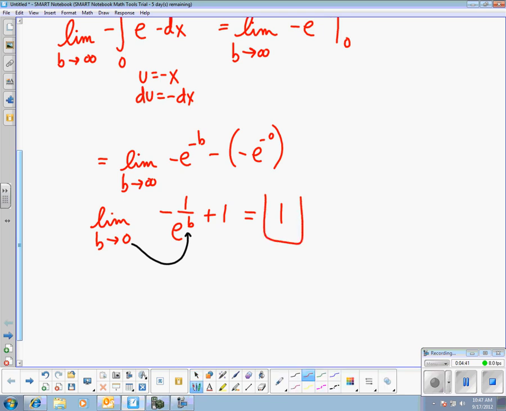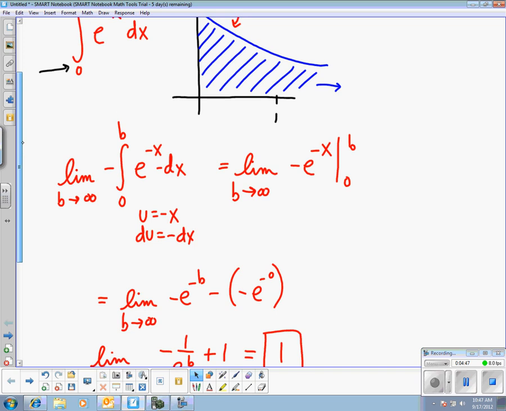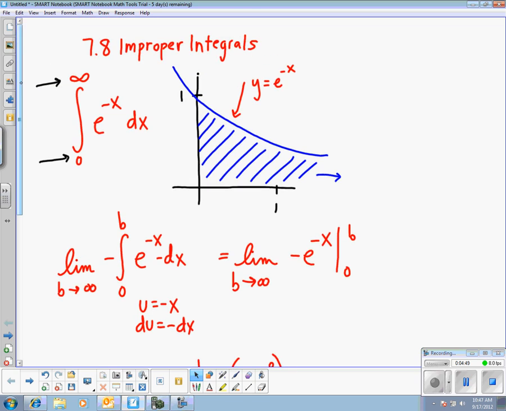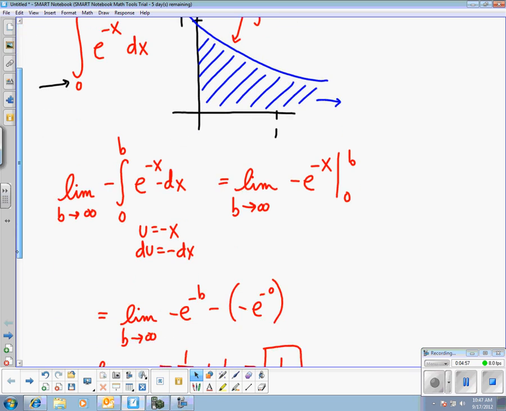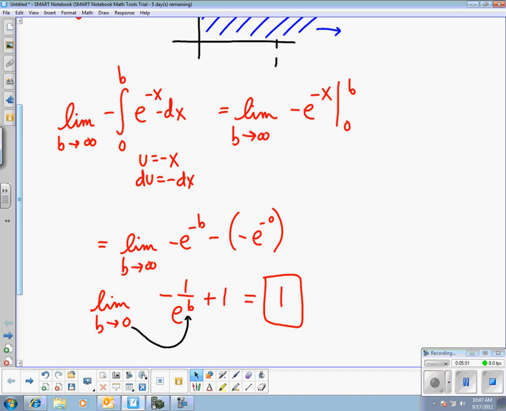This 1 is the integral of e to the negative x from 0 to infinity. So what that means is my blue shaded in area right here will never go above 1. Right? I can extend it out as far as I want, and I will never get above 1. And just to maybe try to convince you of that a little more,